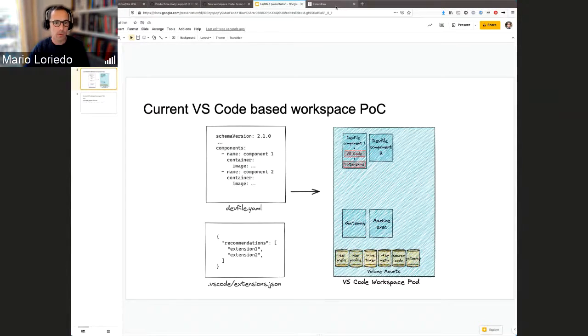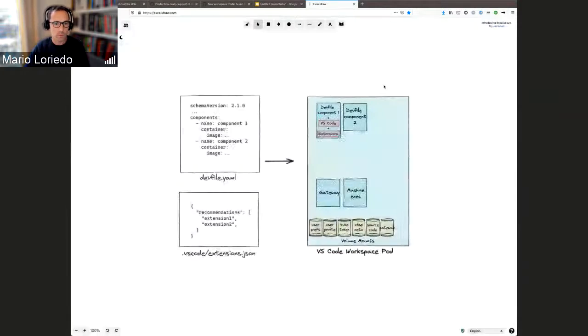If I want to represent that, that would be something like one container where I actually run